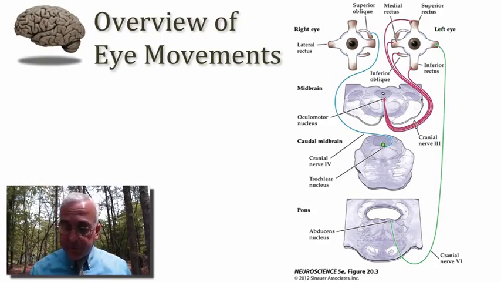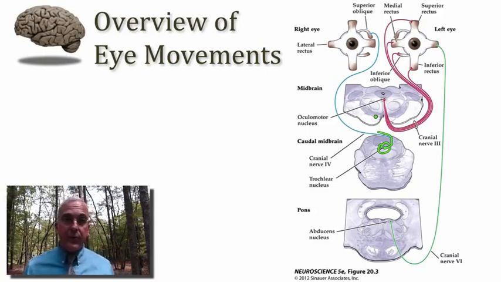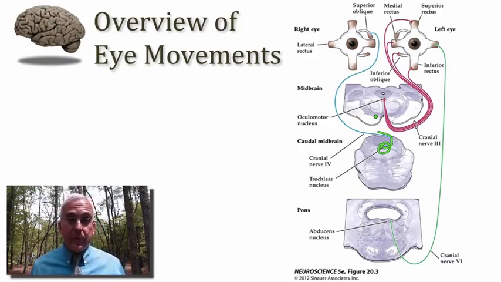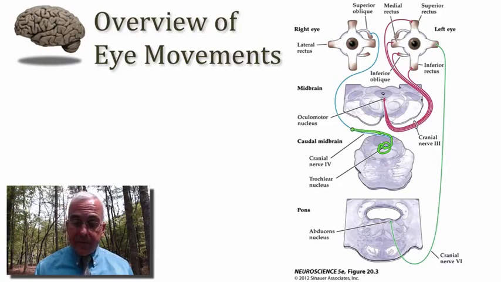Well, next we have the trochlear nucleus, also a somatic motor nucleus. It sits along the dorsal midline of the tegmentum, now the upper part of the pons, or the caudal part of the midbrain, sort of where those two embryonic divisions come together. Well, these axons do something quite remarkable. They grow their axons towards the dorsal margin of the brainstem, which is unlike any other motor neuron we have in our body. All the other motor axons exit the brainstem on the ventral aspect of the brainstem or the spinal cord, if we want to extend the discussion to our alpha motor neurons of the ventral horn. The trochlear nucleus, on the other hand, has these alpha motor neurons that exit the dorsal aspect of the brainstem,